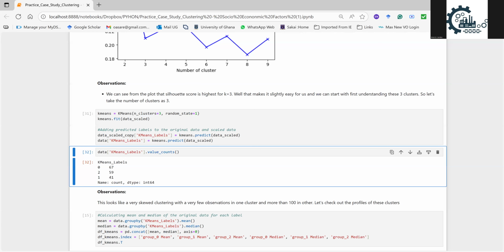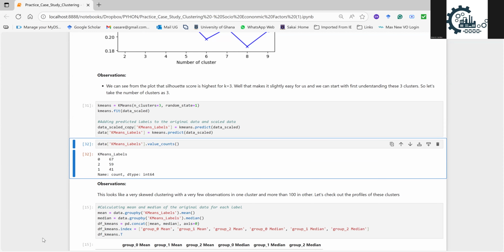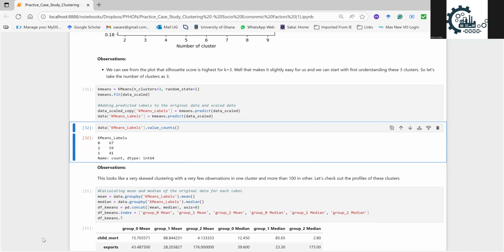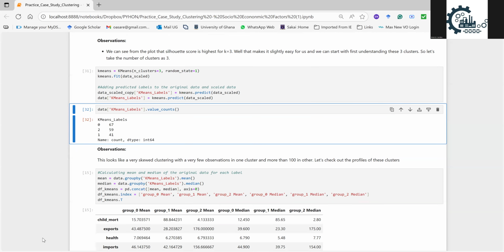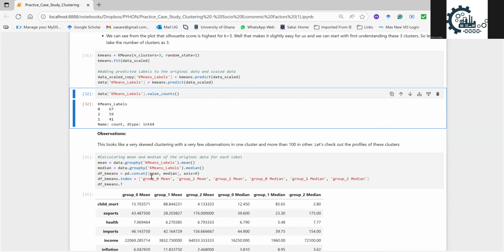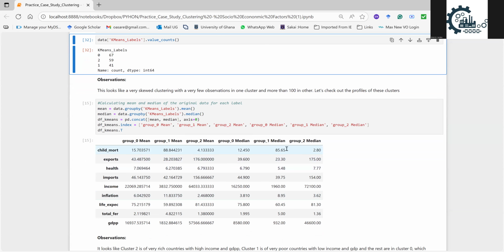So this that we just ran looks good. So we can just go and show this. But I just wanted to know something here. We are going to calculate the mean and the median of the original data. The mean and the median of the original data is this for each group. This command will do it for each group. But with what we have just done now,